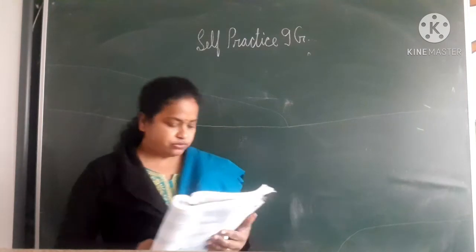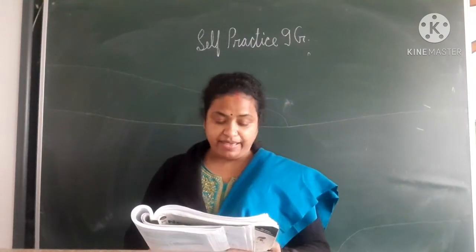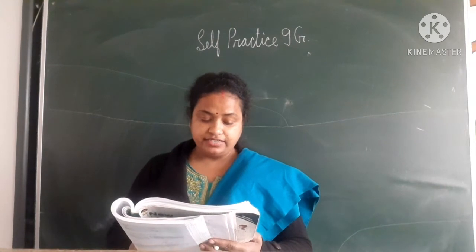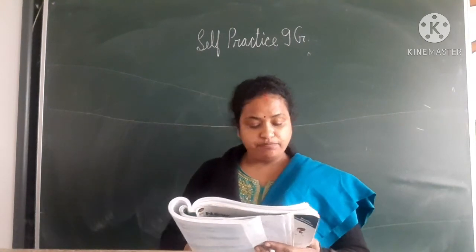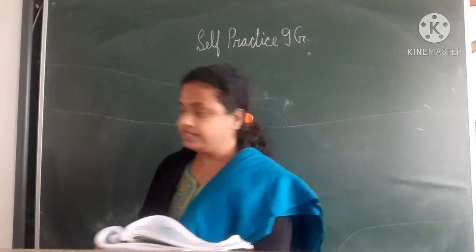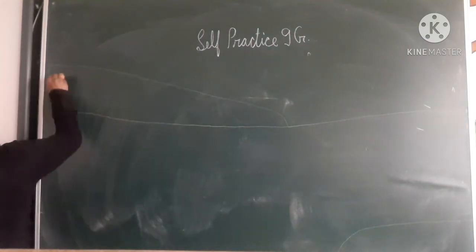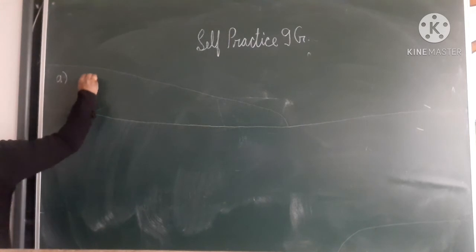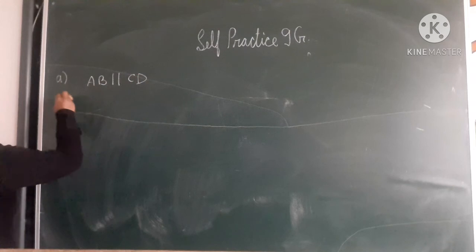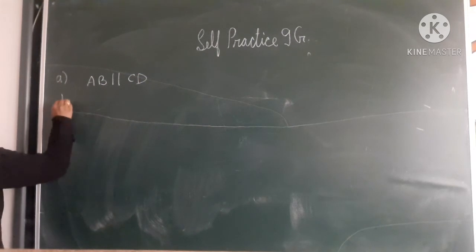In question number 2, name all pairs of parallel lines in the diagram. Give reason. Name all pairs of parallel lines. Okay. Now see here, in A part, AB will be parallel to CD, because